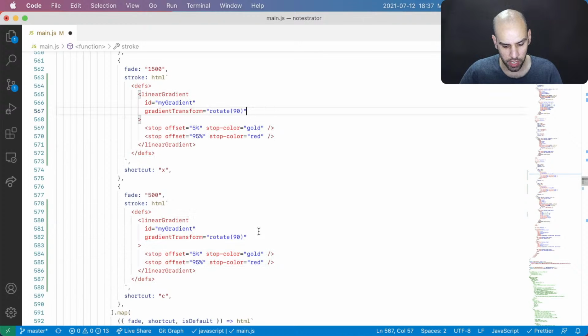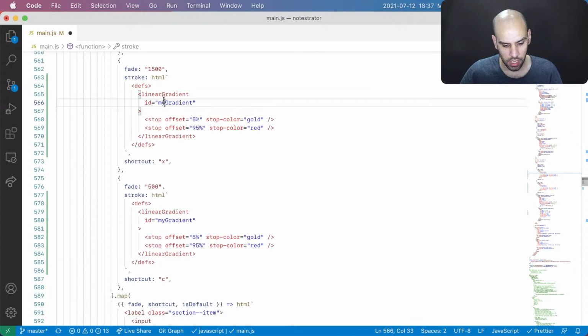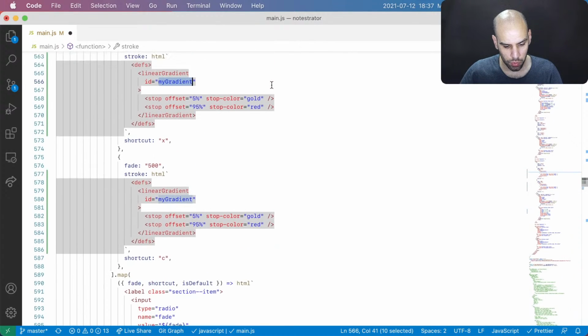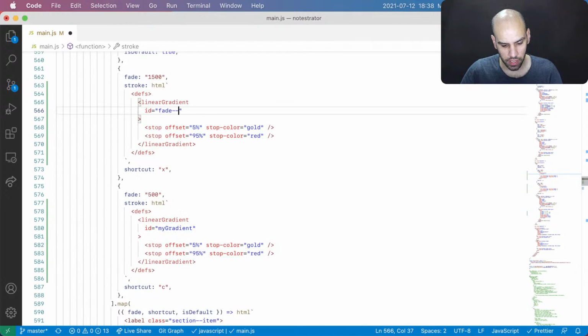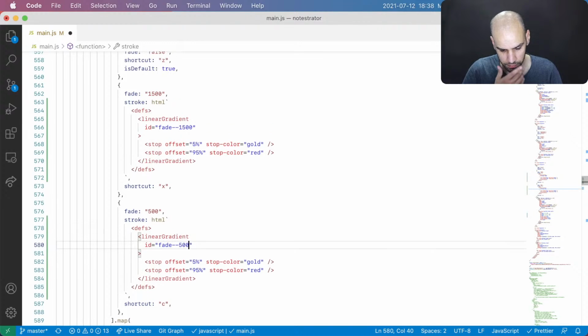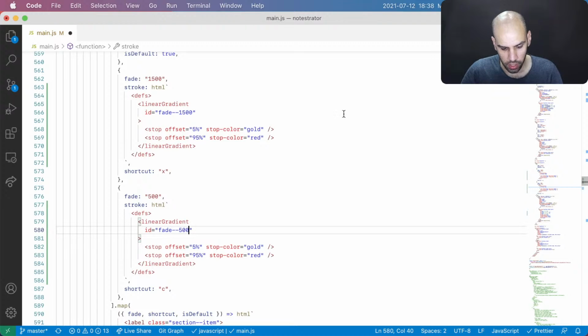And then there is this gradient transform, which I don't think I need. And this will be called fade 1500, and this will be called fade 500. And then